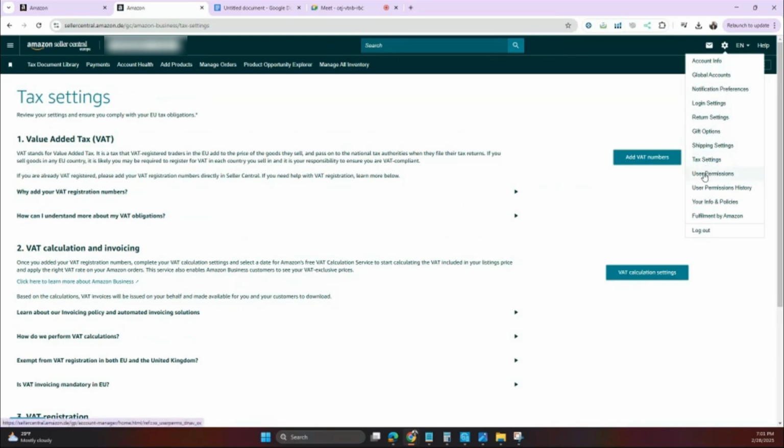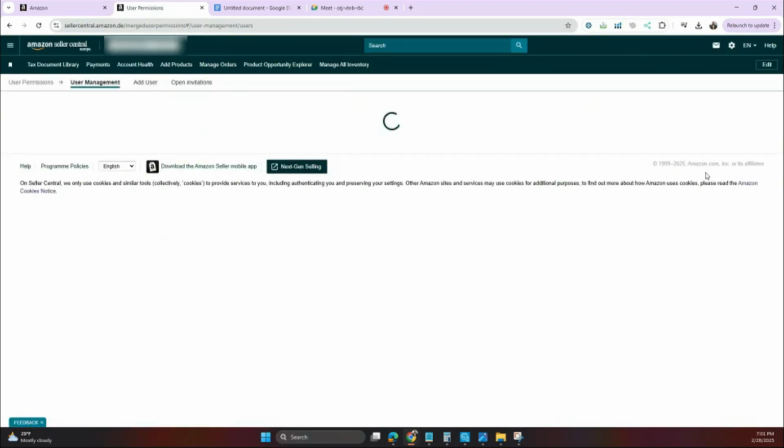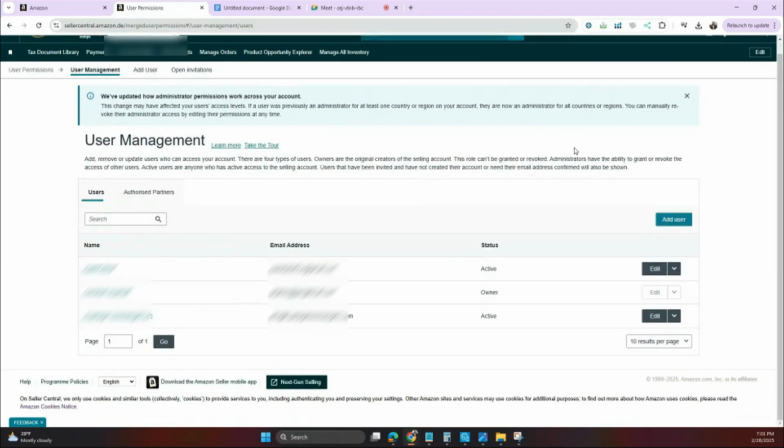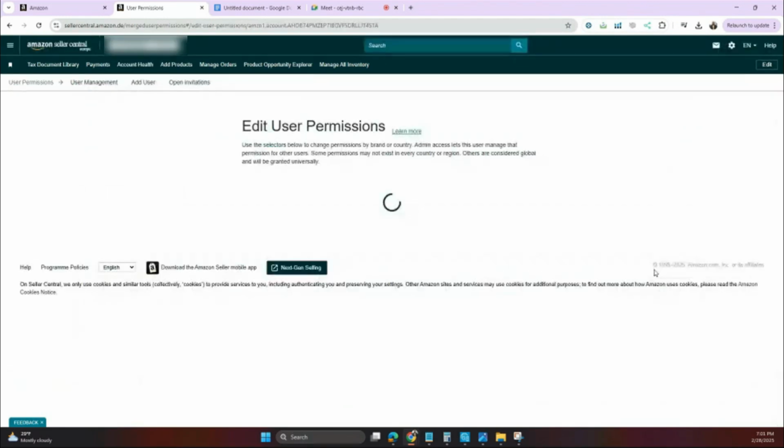Then you have the user permission. Now, user permission is if you're going to hire somebody like a VA, a virtual assistant, to maybe help you keep track of, let's say, your orders or anything. You can pretty much come here and add the user. Like I have two virtual assistants here. You can add them. Once you add them, you'll have to come back and then edit what we call their